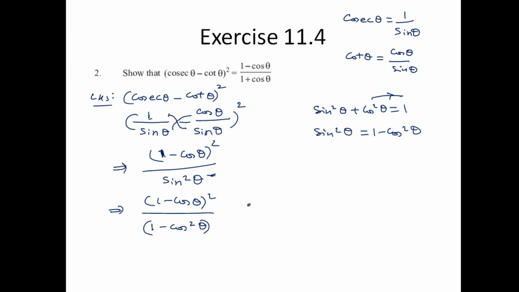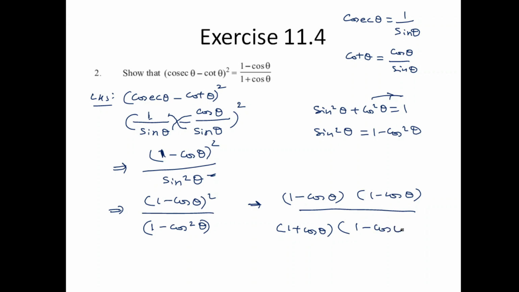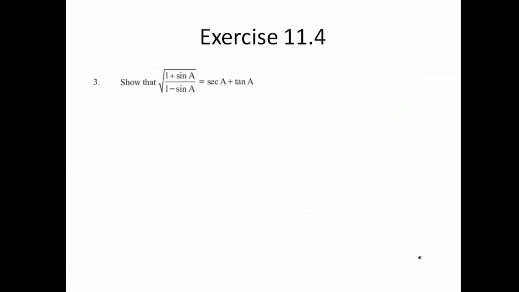Okay. So in the numerator, as you are having a square, I'm just doing the square, this into again this same thing. But if you are looking at the denominator, it may be written as a plus b into a minus b. That is, I can write 1 plus cos theta, a plus b, into a minus b, 1 minus cos theta. If you are looking at the numerator and denominator, this is the same, so I am removing it. So what is left out? 1 minus cos theta by 1 plus cos theta, which is your required RHS value. Okay, so LHS is equal to RHS at last.